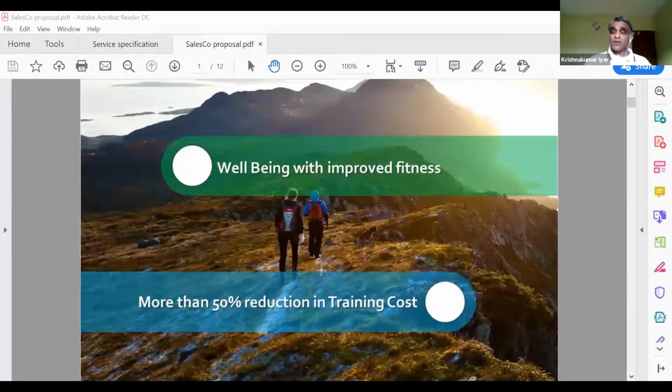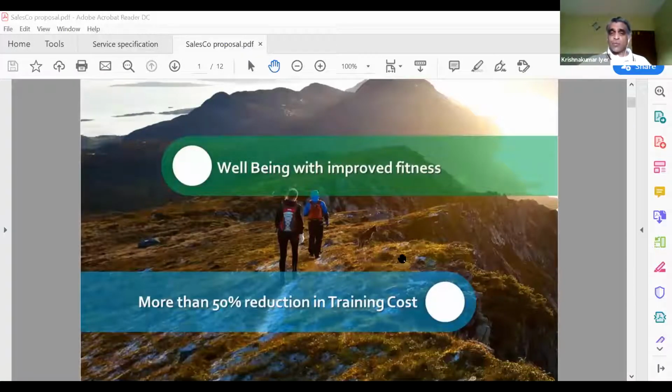Why is this important? Imagine a scenario where, let's say, 5 proposals are sitting on a table, and the client stakeholder comes in, walks into the room. Which proposal is he going to pick up to look at first? He's going to pick the one which has got the best cover page. So there itself, you want to make your mark and put together a very customized, well-designed cover page. Who can help you do this? The good news there is that there are plenty of graphics and visual design capabilities available now in the market at extremely good prices today. You can use very creative graphics design professionals to help you create this customized cover page.